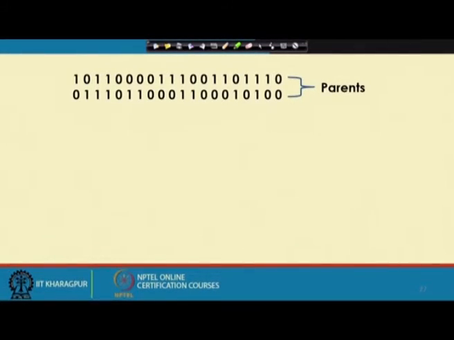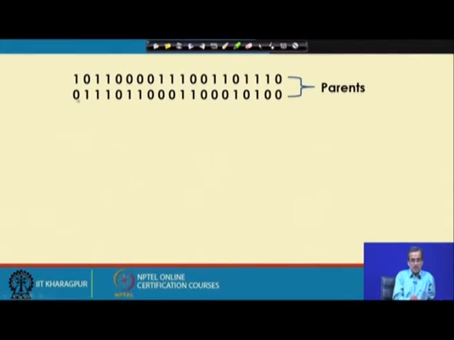Now, the principle is very simple. Supposing that these two are the parents which are going to participate in this uniform crossover. What we do is we start from the leftmost bit position, and that means I am here. Here we take the help of some sort of coin tossing with probability 0.5 for a head appearing. If a head appears, then there will be swapping of the bits, and if it is a failure, then the bits will remain the same. This procedure is followed at each of the bit positions.